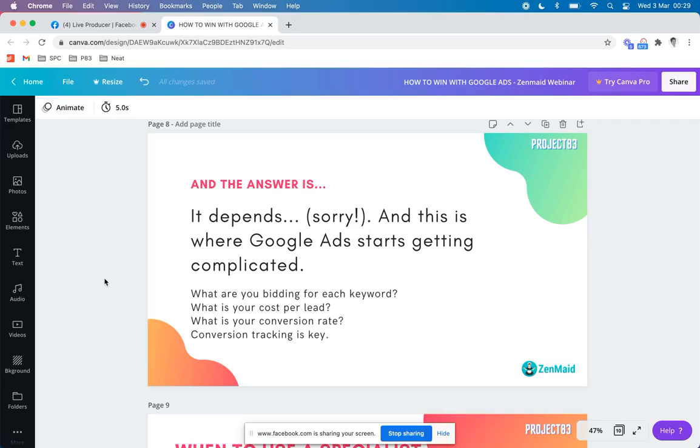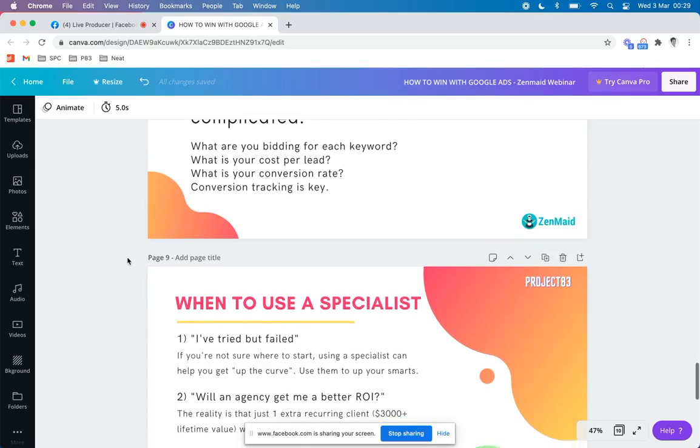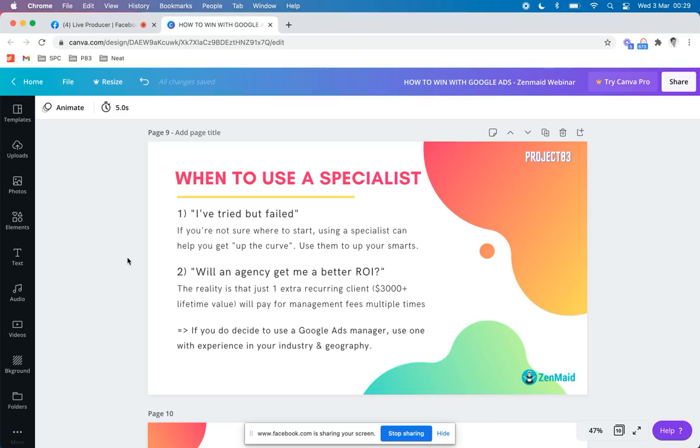So knowing our numbers is really, really important, but it doesn't work unless we've got all the conversion tracking set up in place. So online leads inquiries as well as the phone call. So we need both to make sure that we're running a really tight campaign. So that's a very quick run through of the sort of thought process you want to be going through